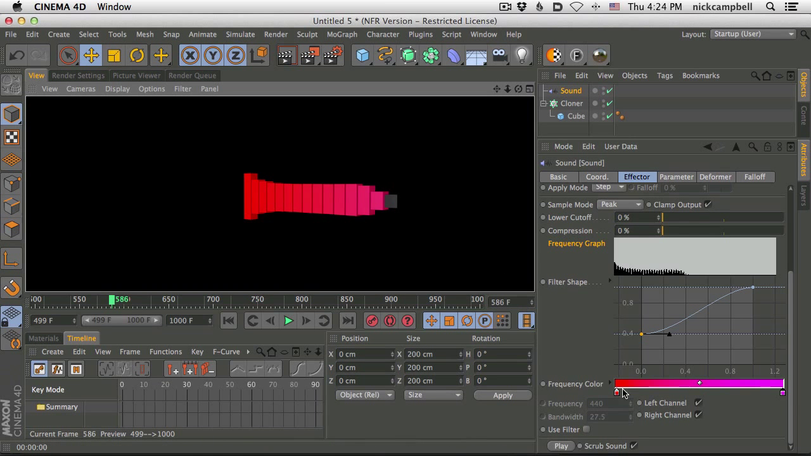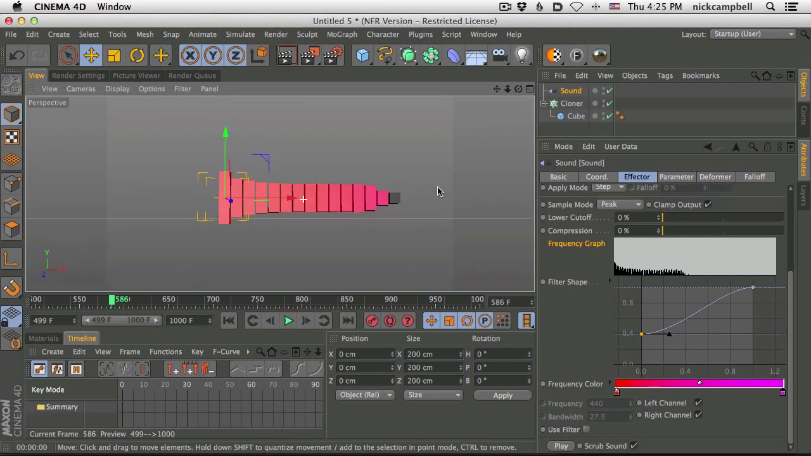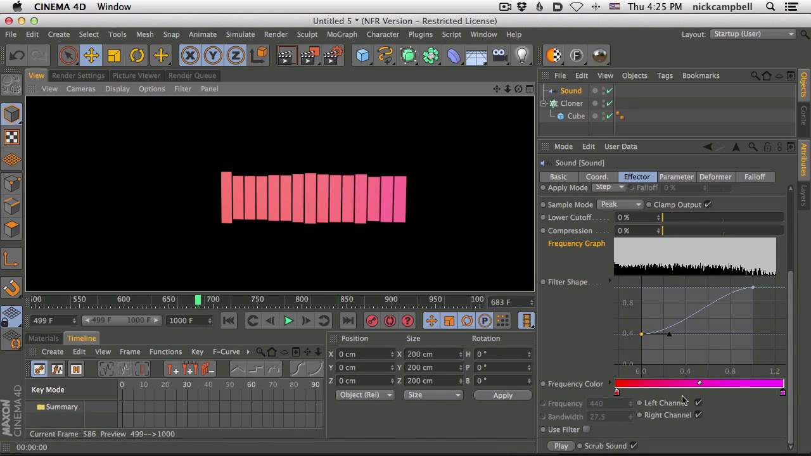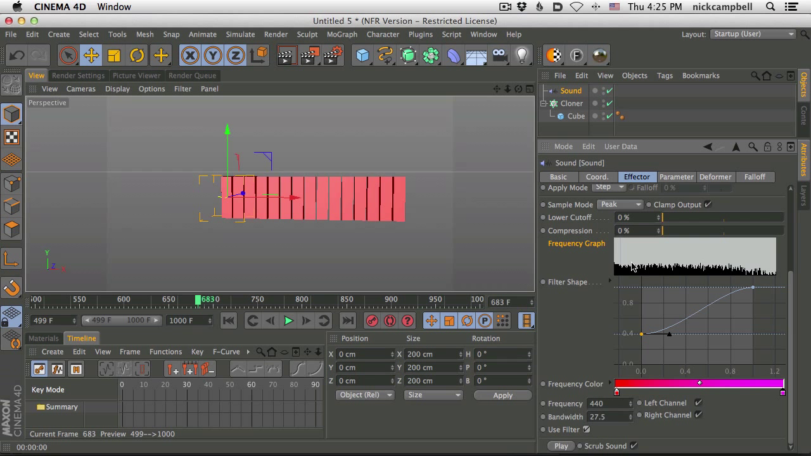So there it is, red to pink, all the way up the frequency. And you can make this a rainbow, you can make this whatever you want. So this is how you get the colors to change based on the audio, right? And when it's off, it goes to black. So that is that. Now, next thing here is the filter,